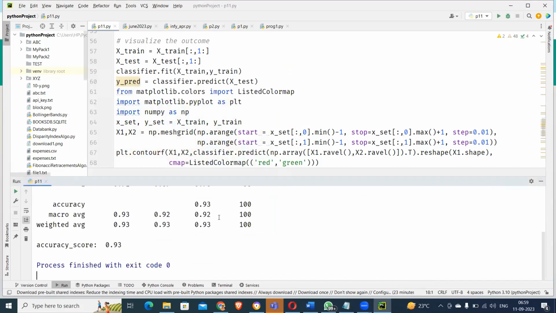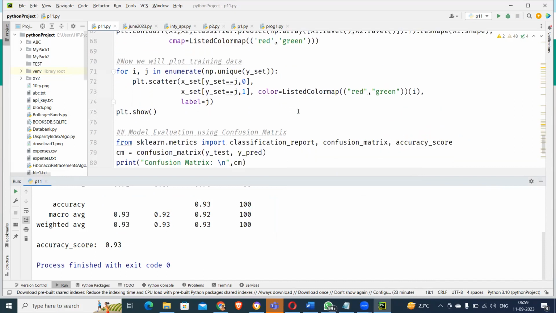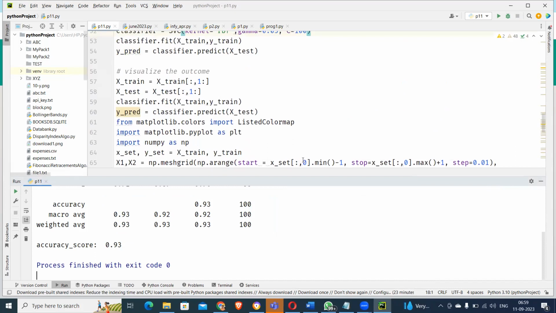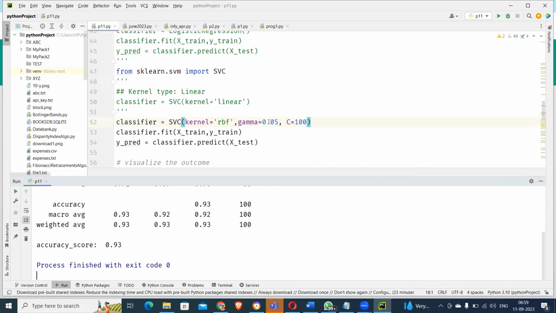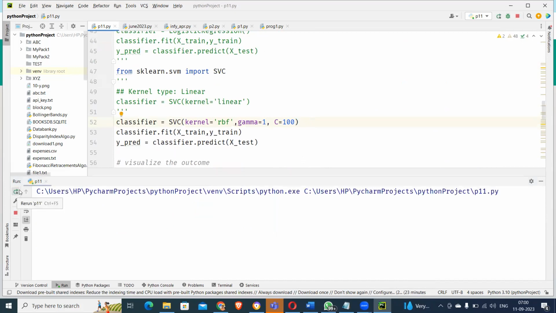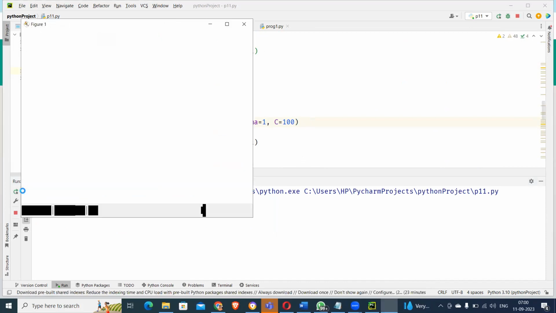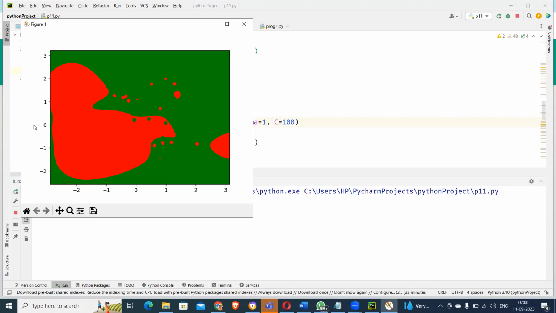So you see this. Accuracy increased to 93%. So you can keep trying. You can try, what happens if I change it to 1? As you keep increasing the gamma value, it starts getting into overfitting area. You see that? Starts getting into overfitting area. Now if I make gamma as 100,